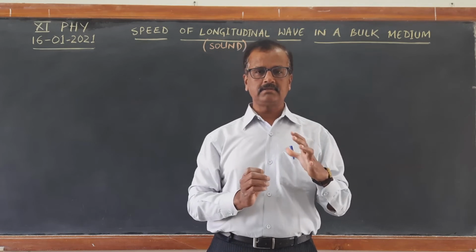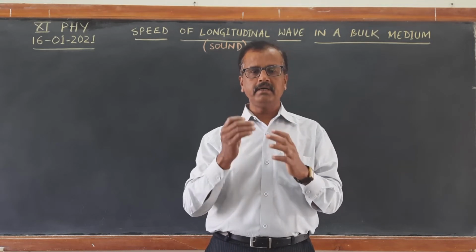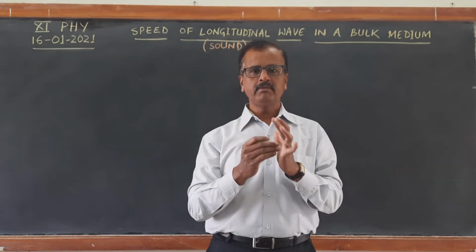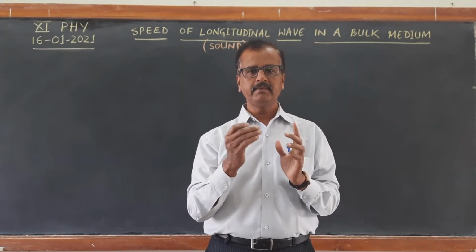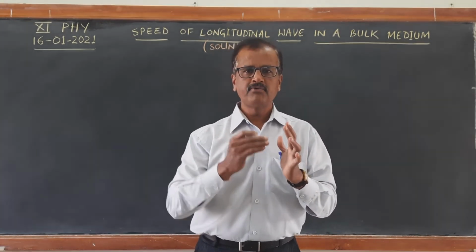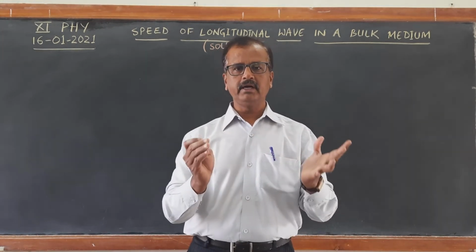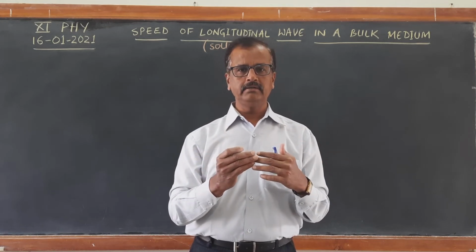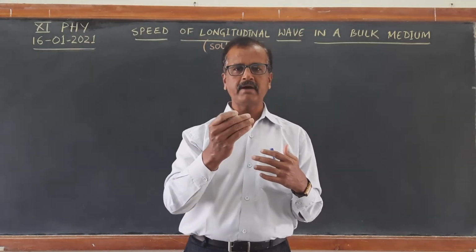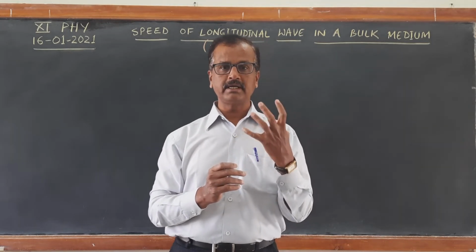When the longitudinal wave travels, it forms alternating compressions and rarefactions by the oscillations of the particles of the medium forward and backward. The particles of the medium oscillate forward and backward along the direction of propagation of the sound. Therefore, it is a longitudinal wave. So when the particles of the medium oscillate back and forth along the direction of propagation of the sound wave, alternating compressions and rarefactions are formed.